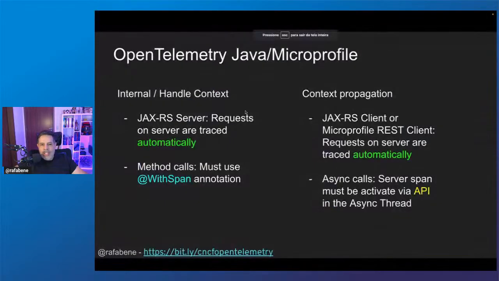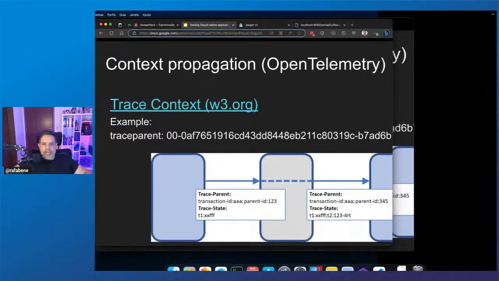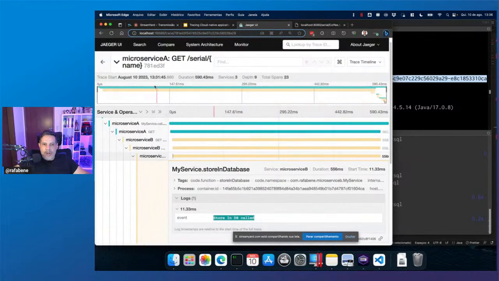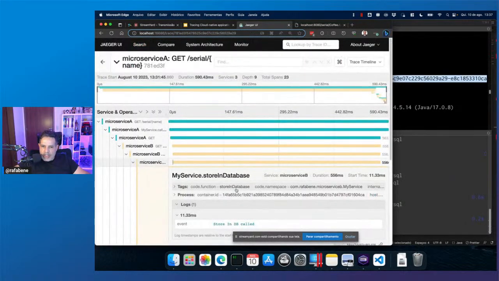So this header is propagated from one microservice to another. So we have the transaction ID, the trace state, and trace parent specified in the header. That's why we can do the relation between microservice A calling microservice B.